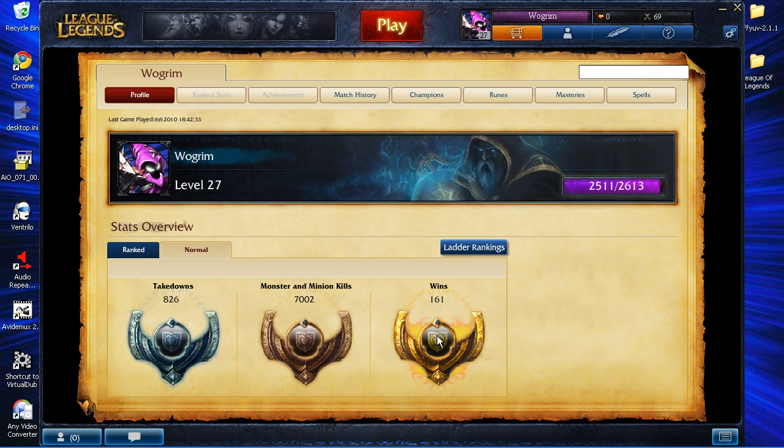It gets kind of frustrating once you get into the 20s, because you start playing against people of level 30, and they have both more masteries and more runes than you. So they have a fairly sizable advantage in game, which is really annoying. So yeah, I've killed 7,002